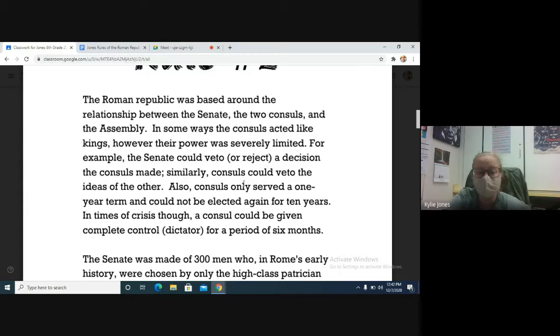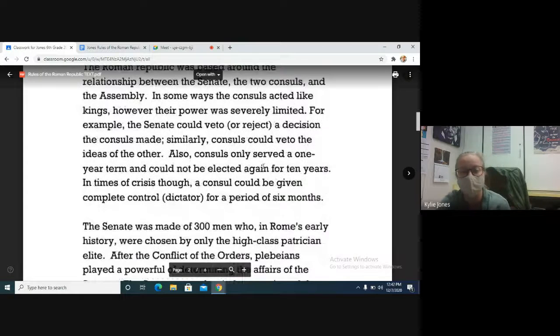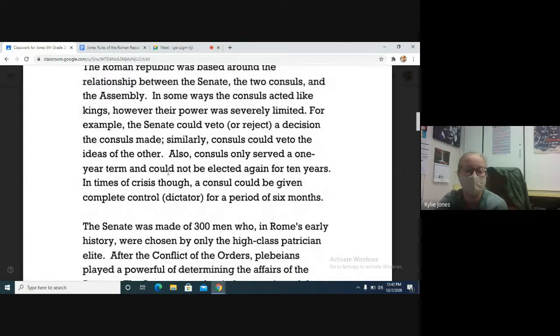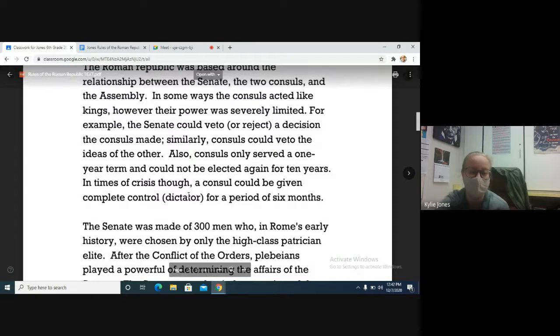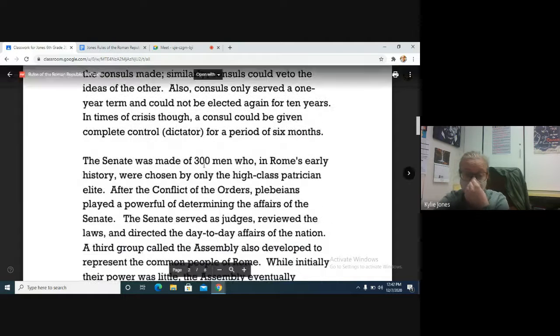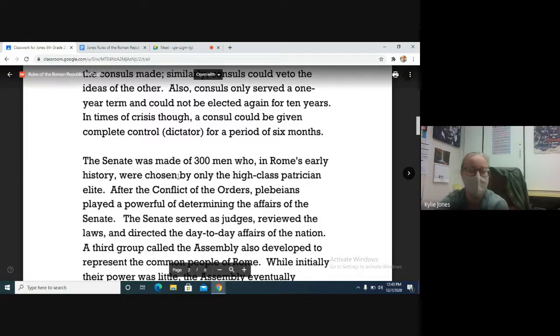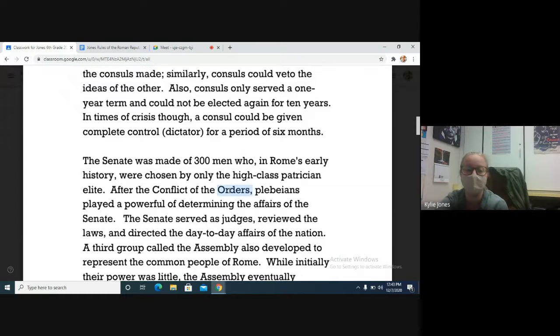Also, consuls only served a 1-year term and could not be elected again for 10 years. In times of crisis, though, a consul could be given complete control, or a dictator, for a period of 6 months. The Senate was made up of 300 men who, in Rome's early history, were chosen by only the high-class patrician elite. After the conflict of the orders, remember that was when the plebeians were like, no, we want power